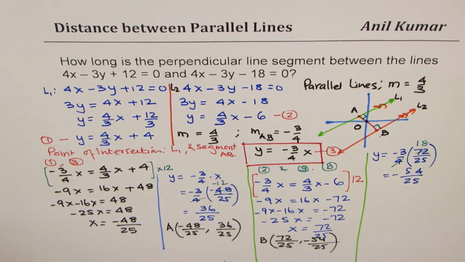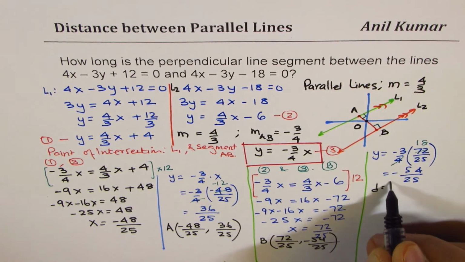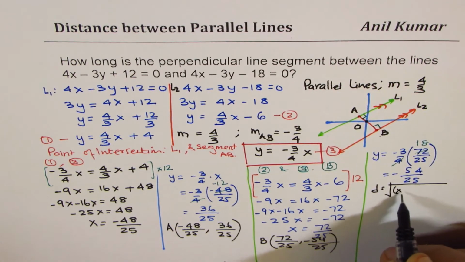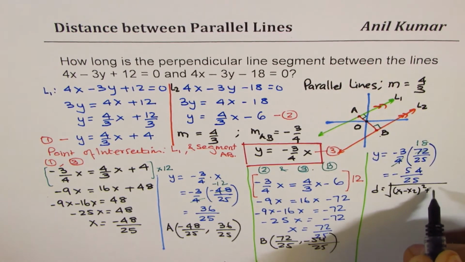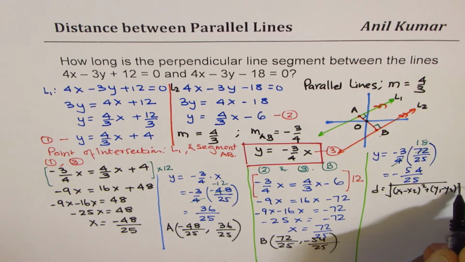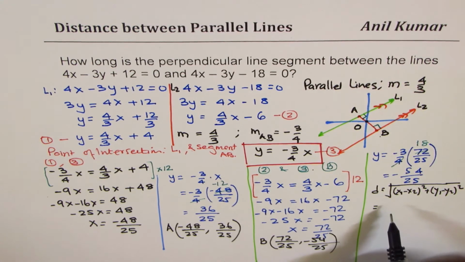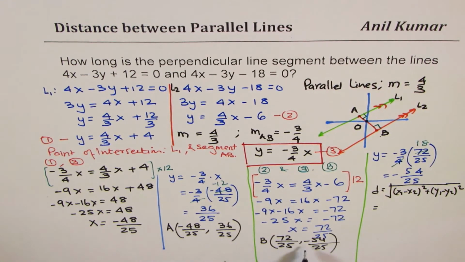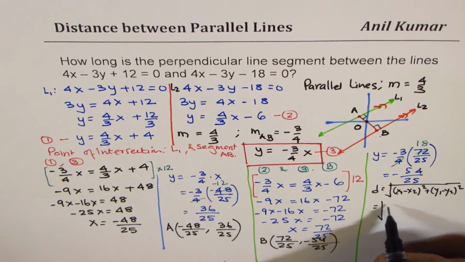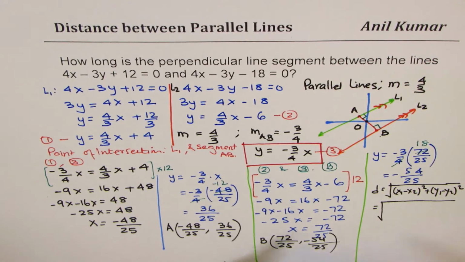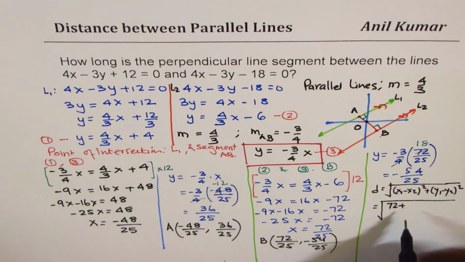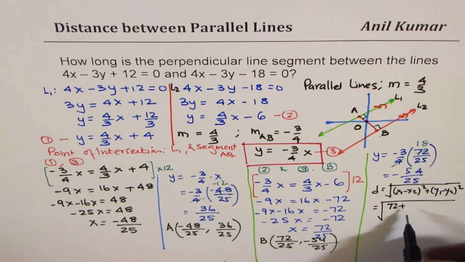So now we know points A and B. We can find the distance between them using the distance formula, which is the square root of x1 minus x2 whole square plus y1 minus y2 whole square, correct? So in this case, x1 minus x2, let's take 72 minus minus 48. Minus becomes plus, so 72 plus 48